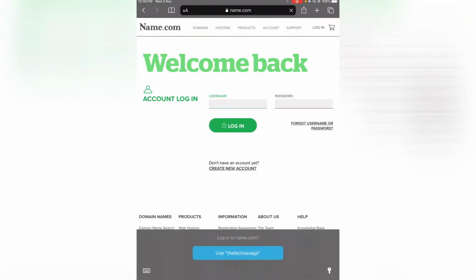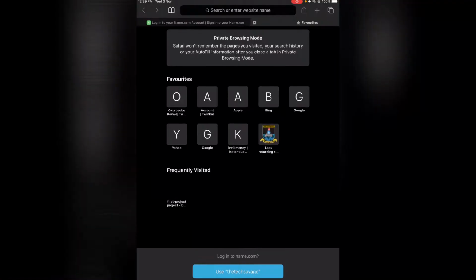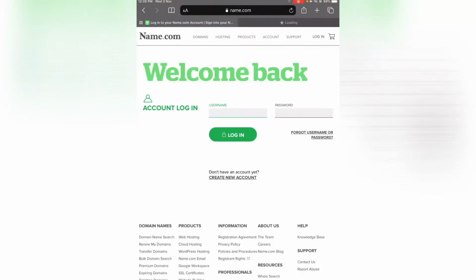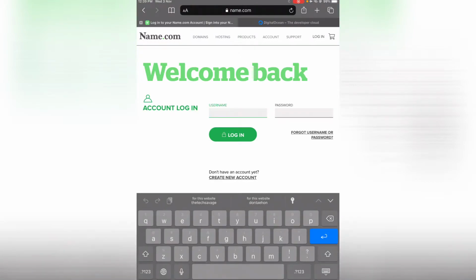So I'll be teaching you guys how to host a WordPress website on DigitalOcean. I'm just gonna go to digitalocean.com, and before we host the website, definitely you must have a hosting account,